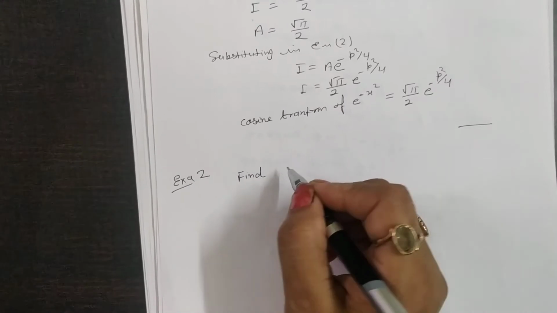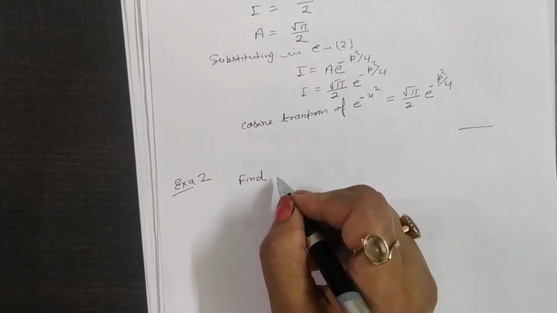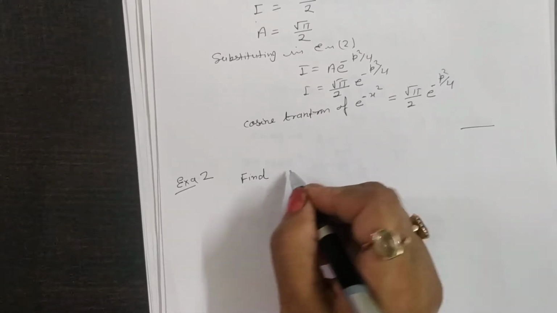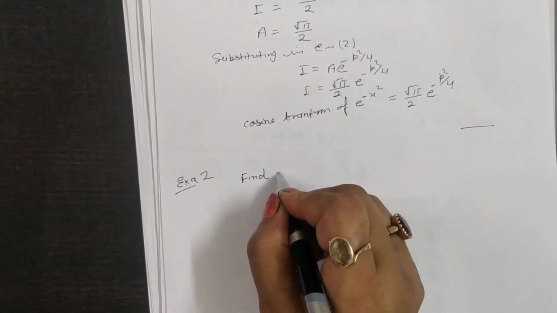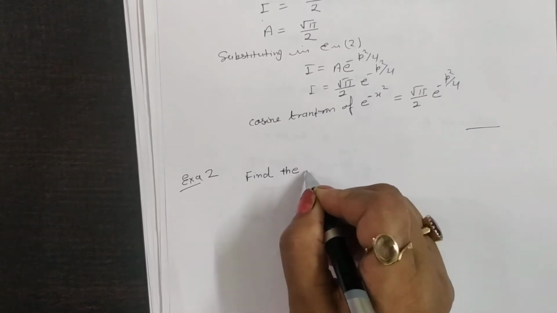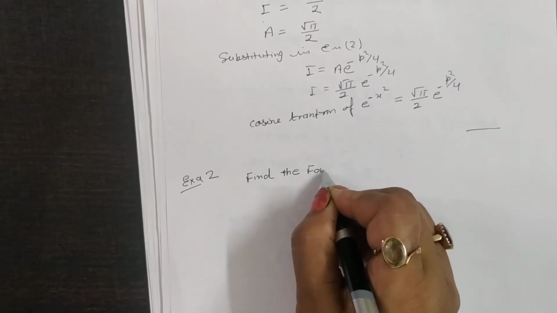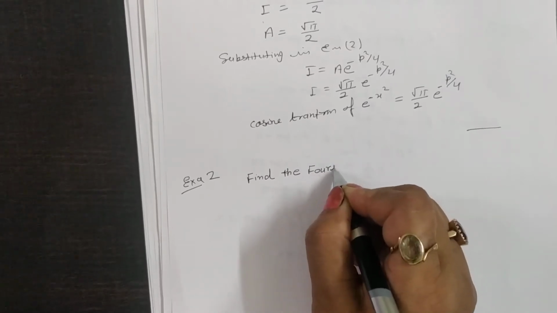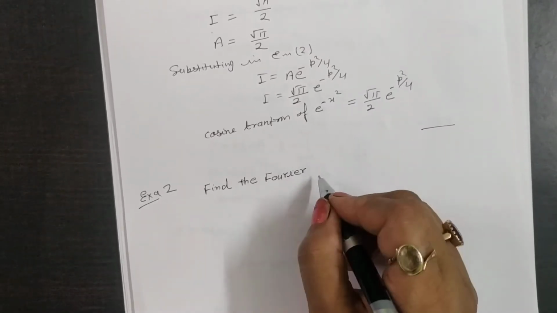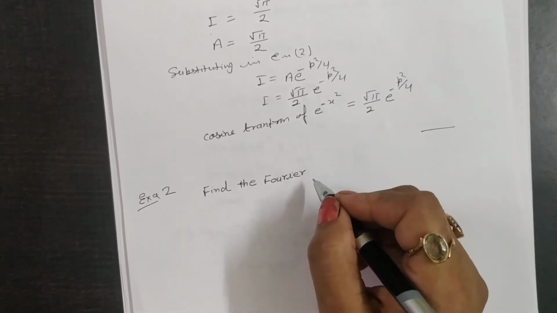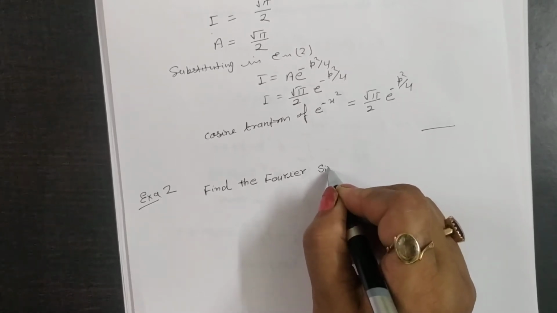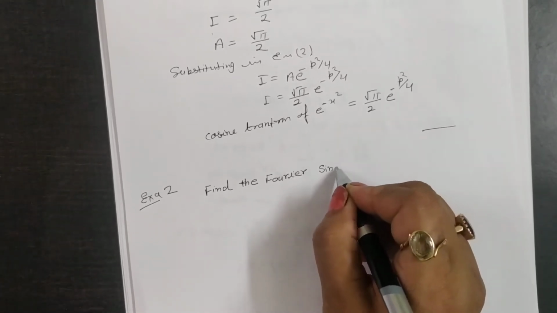Find the Fourier cosine transform of... find the Fourier... Here the question is just the sine transform. Sine transform of